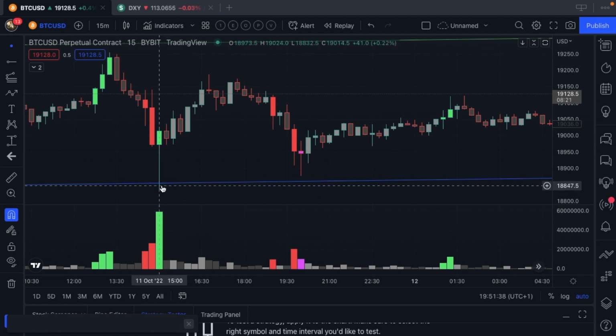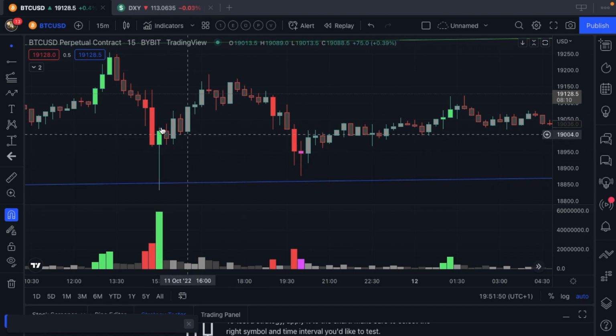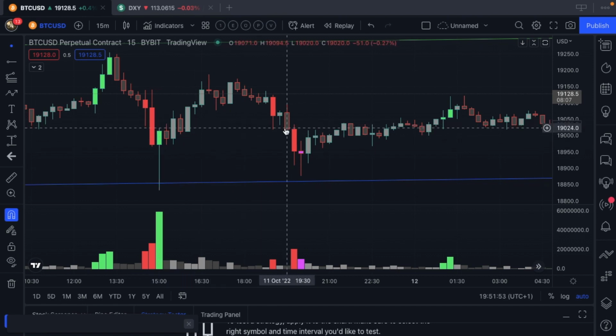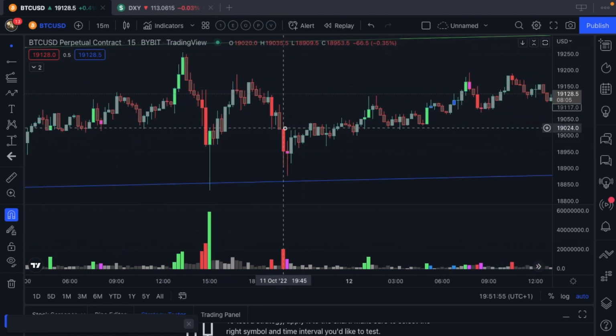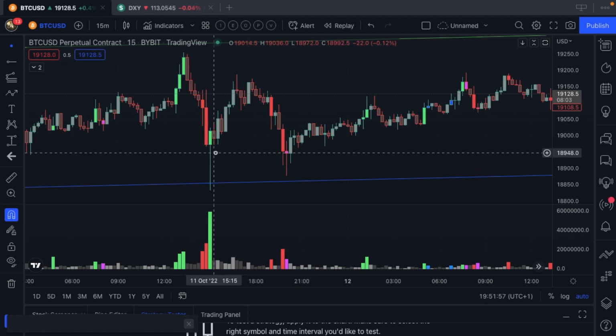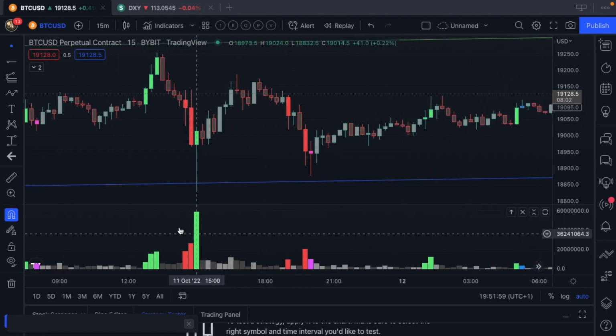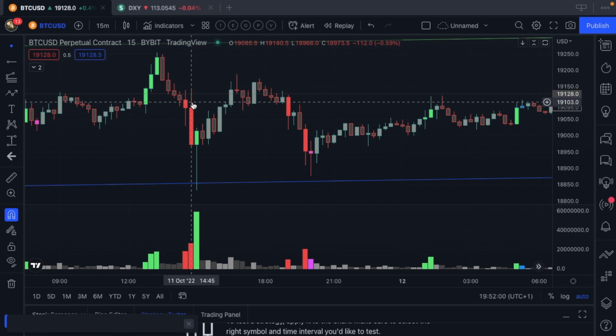But I would highly recommend you use this on Binance. Use it on a Binance chart because Binance has a lot more volume, so you'll get a lot more delta. You'll just see a lot more. A lot more candles will turn. Okay, so this indicates to us that these were decent volume candles in terms of transactions, but